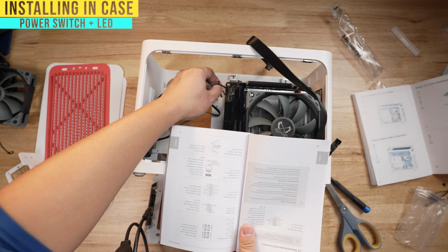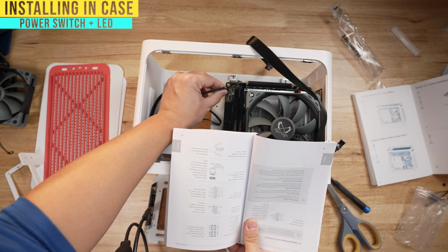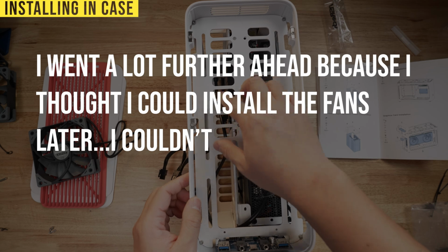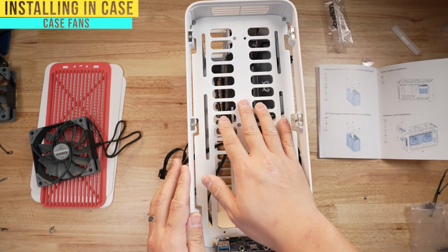And again, the orientation of positive and negative does not matter. Just take your time and just drop them into the little pins. Dan from the future here, make sure that before you install this plate on, you install your fans. I didn't do that. I'm gonna have to take it apart and install the fans, but let me talk a little bit about